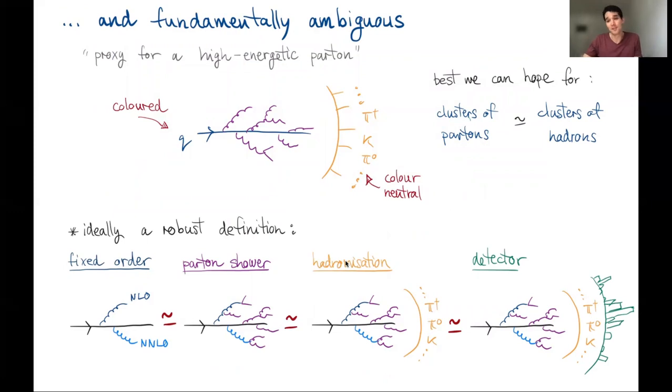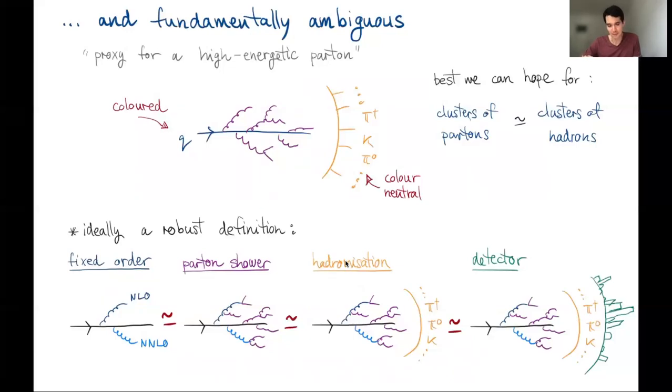Not only are they not unique, but they're also fundamentally ambiguous. To make this point, let me bring back the theory picture we had, and our somewhat idealized hope that we want this jet to be a proxy for the high energetic parton that initiated this jet. However, on the left-hand side we're dealing with a colored particle, whereas on the right-hand side the clustering is done on color-neutral hadrons. So there's intrinsically a mismatch